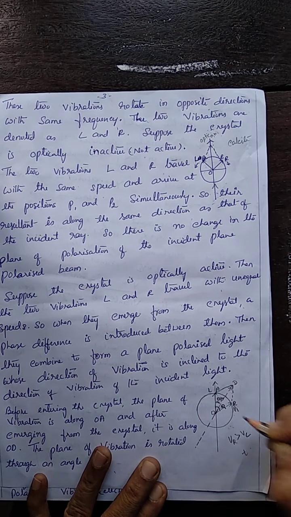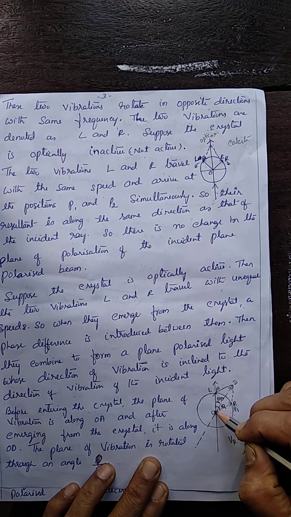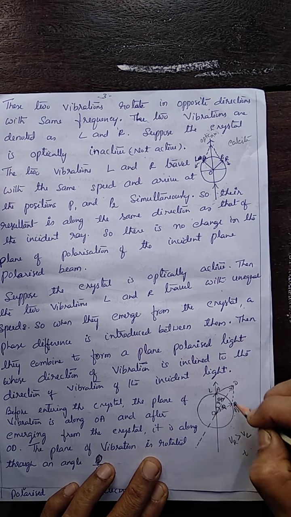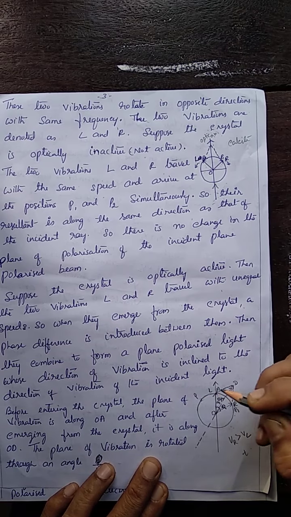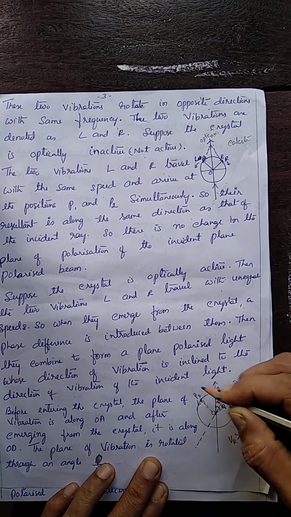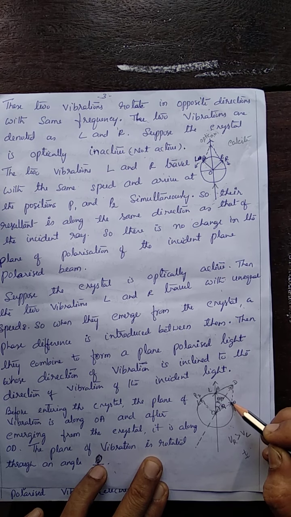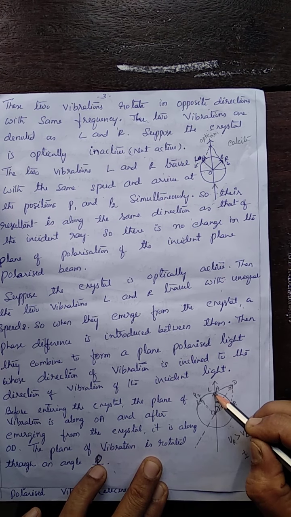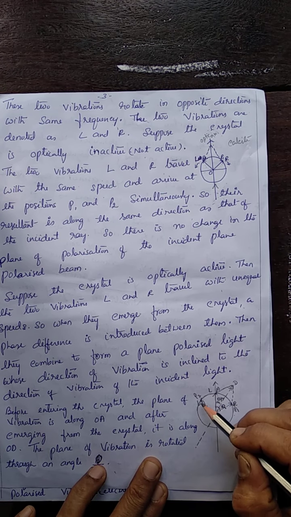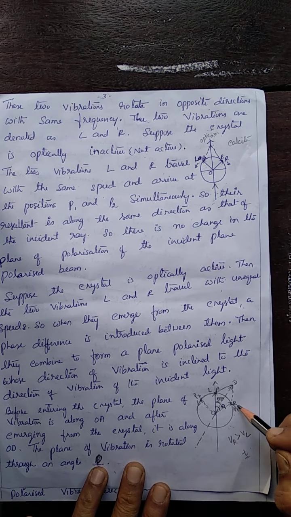So, because of this, in a given time T, suppose R comes back to this position P1, whereas L, which was here in this position, starts moving this way. In this time T, when R reaches the point P1 again, L fails to reach the point P2. Instead of reaching P2, it just reaches the point here because L is moving slower than R.